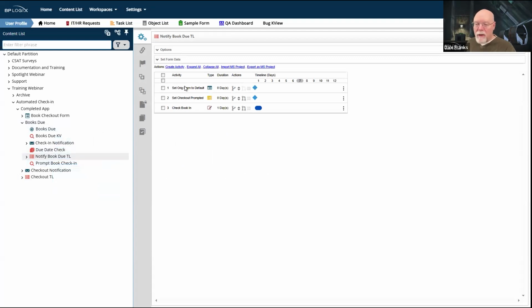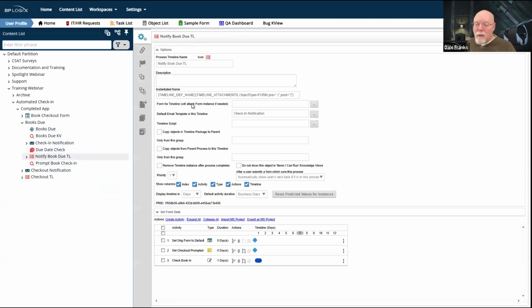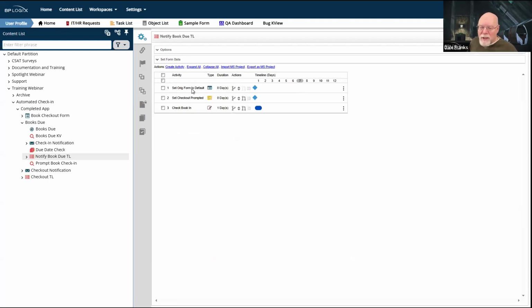If we were to try to run it on its own, it would fail. And the reason it would fail is because there is no form for this timeline. Actually, I say it would fail. It wouldn't know what we were trying to do. There's no form for this timeline. So when we start it, the very first thing that happens, set original form to default, it's going to do it, but it's going to give me a blank form. And it's then going to set the checkout to that form. So far, so good. And then it's going to look for the task assignee.